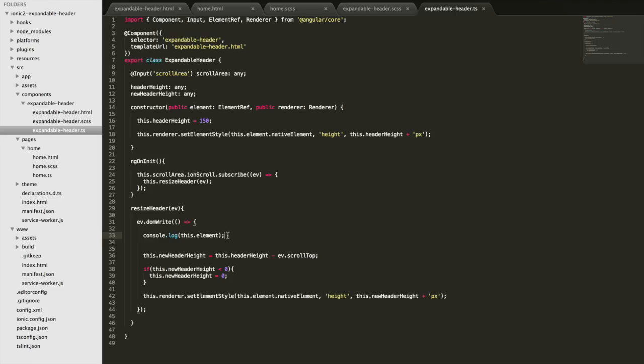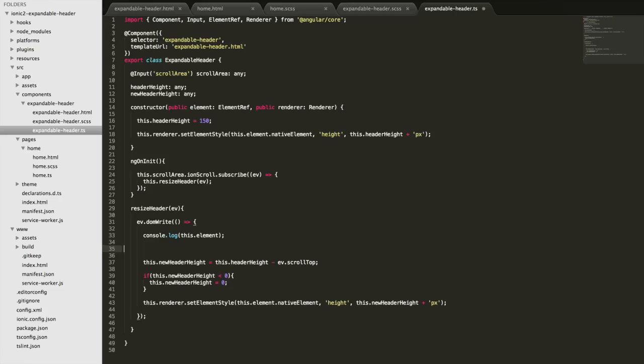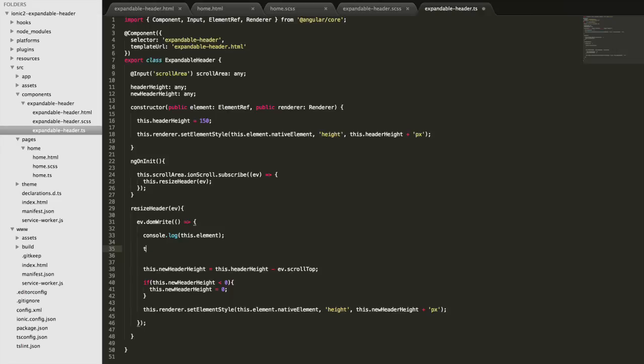So what I'm going to try and do is we'll do this.element.nativeElement.children, and again I just want to highlight this. Again, this probably isn't the best way to do it. I'm working with the DOM directly, which isn't really the most Angular way to do things, but I just want to see if we can get this to work. So we'll run a forEach on those,